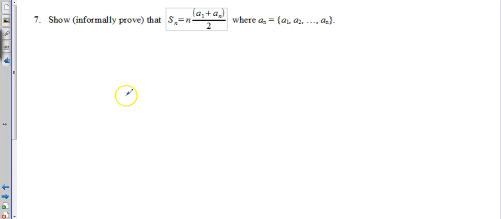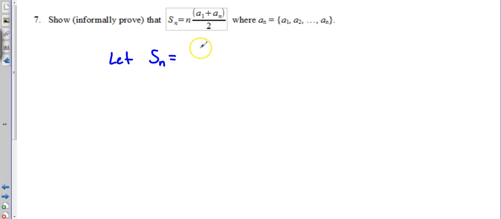Alright, so this is an informal proof that the sum of n consecutive terms of an arithmetic sequence, and it doesn't say here that it's arithmetic, but it is arithmetic, is equal to this formula. Basically, we just need to make sure that the formula works. So the way that we do it is we define S sub n in a couple different ways. The first way that we define it is we let S sub n